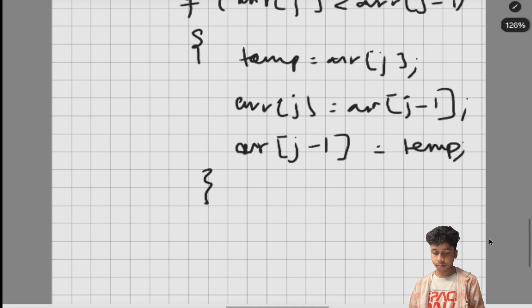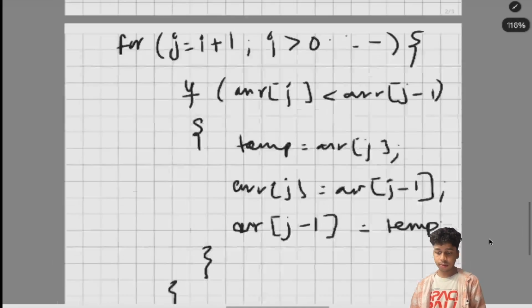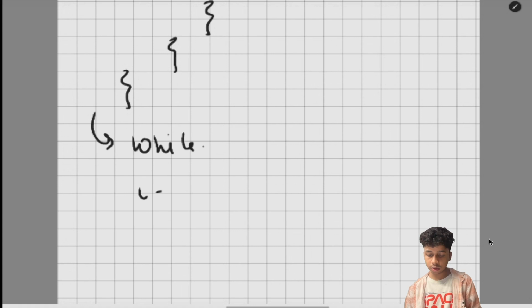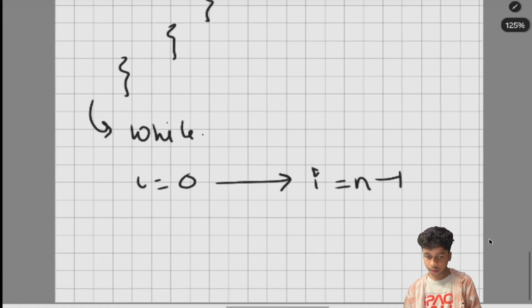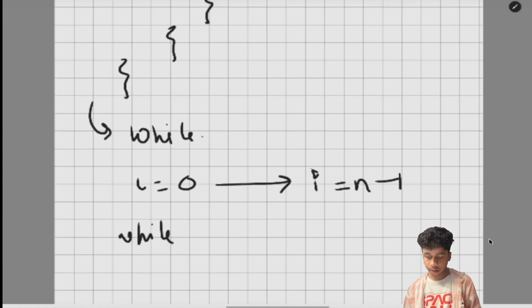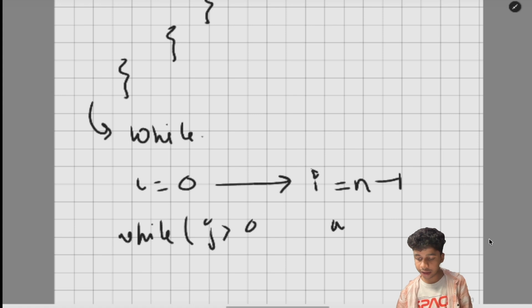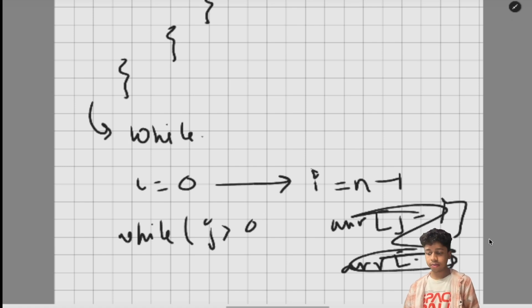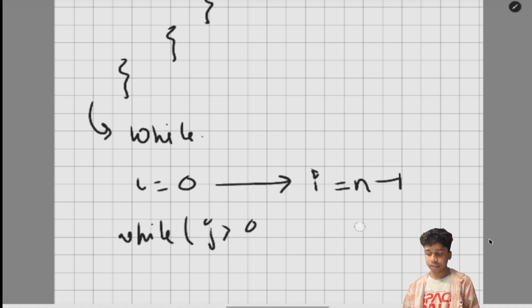And then, this is the pseudocode. If you want to change it to a while loop, it again goes from I is equals to 0 to I is equals to n minus 1, that is length, and your condition will be j should be greater than 0, because if j is not greater than 0, then array of j minus 1 becomes array of minus 1, okay, that does not exist here. So your while loop condition will be